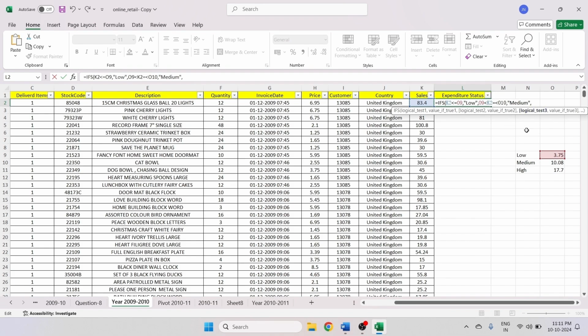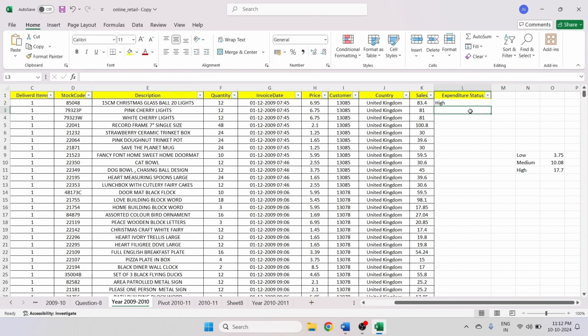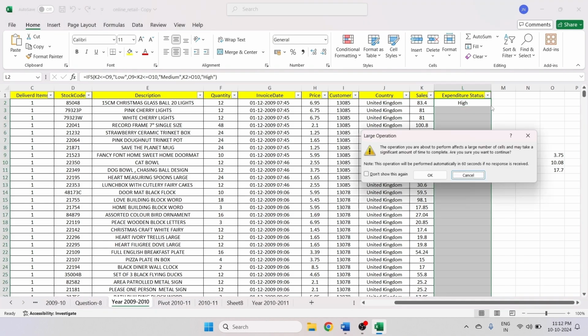Medium, and third logic is if sales greater than this, called high. Enter. We found a typo in the formula, we try to correct it. Okay, so I'm getting high, so I'm center aligning this, and for the whole data I'm double clicking here,